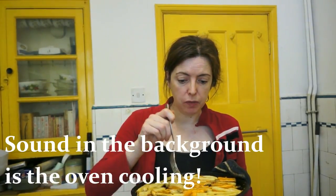I did them for about 25 to 30 minutes, depending on how crispy you want them, on quite a high heat. I put them on the highest heat I've got, which is 250, which I'll put what that is in other things up in the little thing. I'm going to taste one of them now. I know what sweet potato fries taste like because I've had them before, but this is a yam one, so